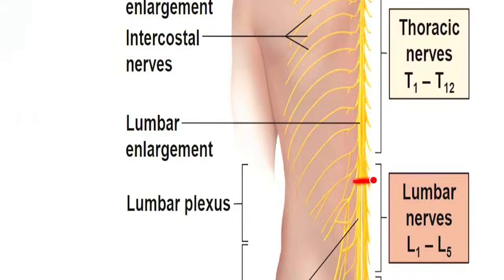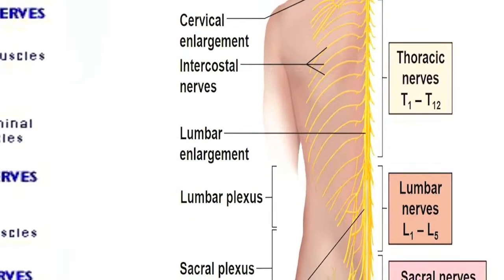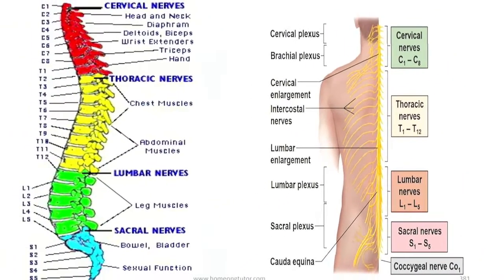That portion corresponds to L2. So the spinal cord terminates at the L2 level. After that it tapers off into something called the conus medullaris, and afterwards,